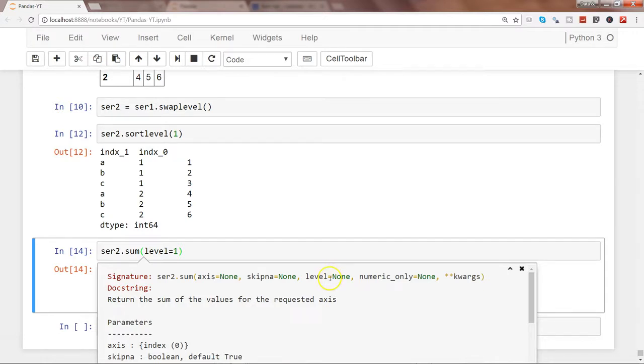series. And generally when you are applying the sum, this sometimes confuses, okay, why it has the level parameter and what is the applicability when it comes to doing the sum at a data frame level, because most of the time you just have one level of index in your data frame, and not a multi-index or a hierarchical index. But in such cases where you have the hierarchical index which are related to each other, and you want to do the summing or maybe average or any other operation, you can basically utilize the level parameter to go in and out of the hierarchy of an index.